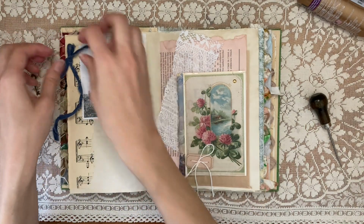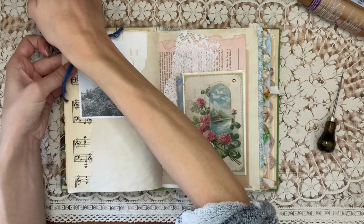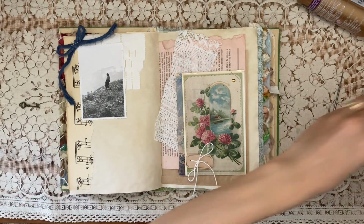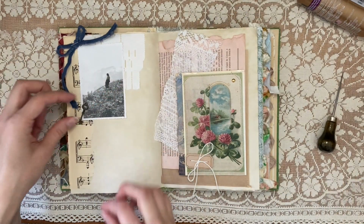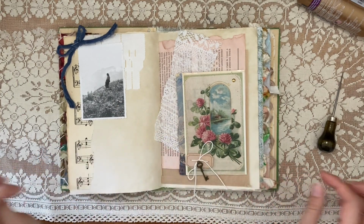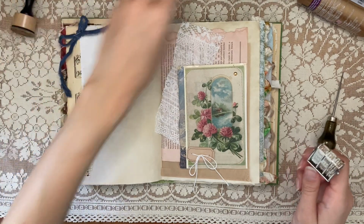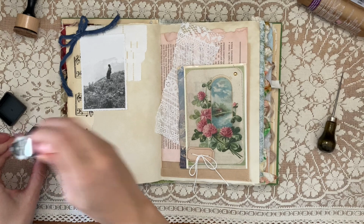So I'm gonna redo this bow since it felt a little bit odd, just the way that it was falling. And I'm just stapling that in the corner. Just very simple. Whenever you do that, just make sure you only have one page. I am known to staple many pages together by accident, that is. And so here you see me, I was really wanting this key to work, but it wasn't working. So I'm just going to be adding my date, and then I'm going to be writing some